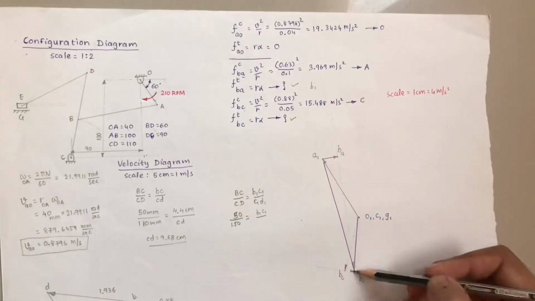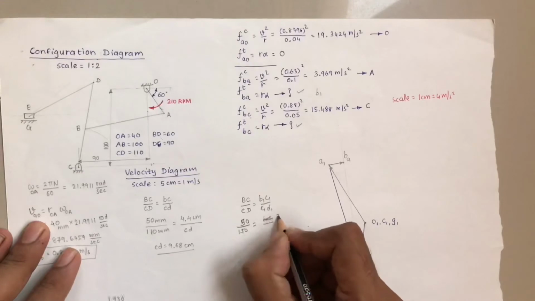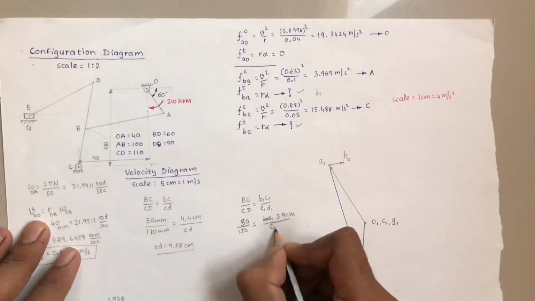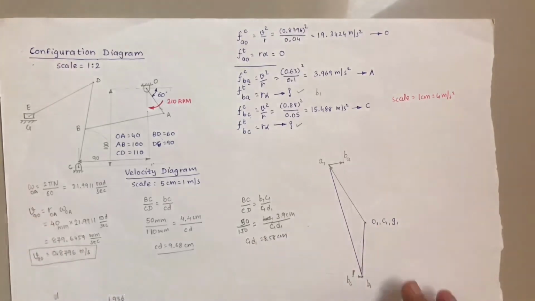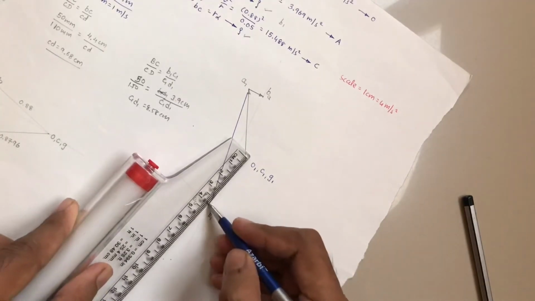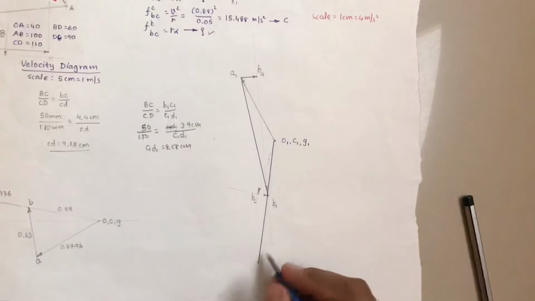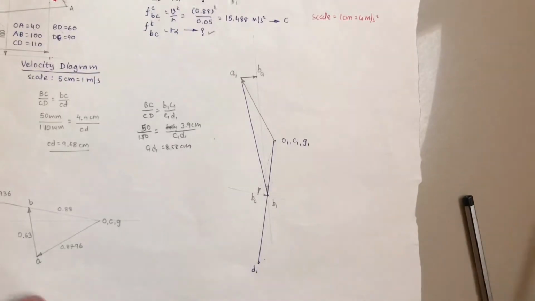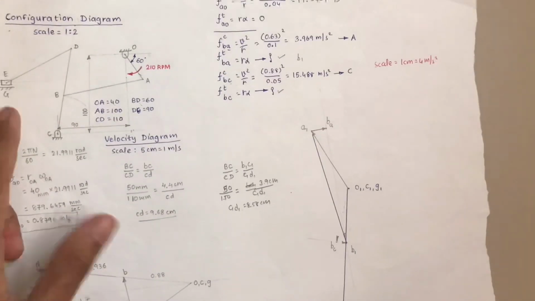Let us measure. B1C1 we have, yes, here it is B1 and C1. That distance I measure in terms of centimeter, it is say 3.9 centimeter. We don't have C1D1, so when you calculate C1D1 it is 8.58 centimeter. So directly in terms of centimeter, C1 to D1 towards the extension on the B side, extension over here, it is the D1 point. So CBD the same way, C1 B1 D1. After D1 let us find the E point.